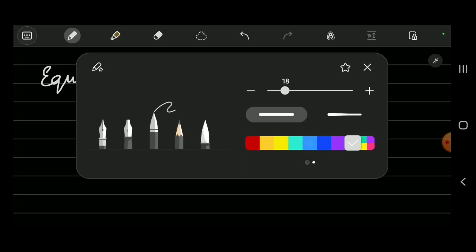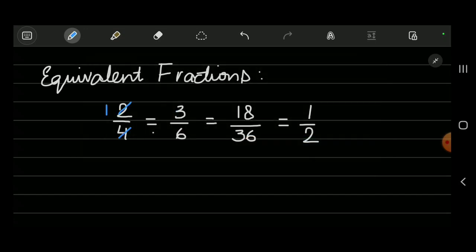How? We know that 2 is 1 times 2, 2 2 times 4, 3 is 1 times 3, 3 2 times 6, 18 is 1 times 18, 2 times 36. So these all will be called equivalent fractions. Why? Because